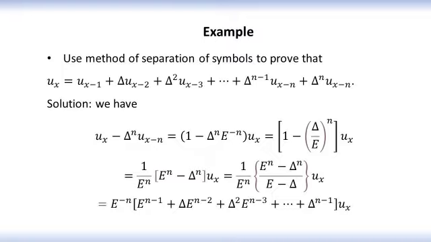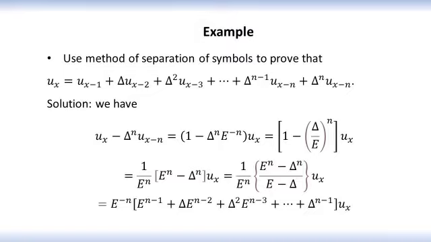Then we take ux as a common, we get this one, which can be written as 1 minus delta divided by E whole to the power n into ux. Here we use the laws of indices. Next, take 1 by E power n as a common. So we get 1 by E power n into E power n minus delta to the power n into ux,